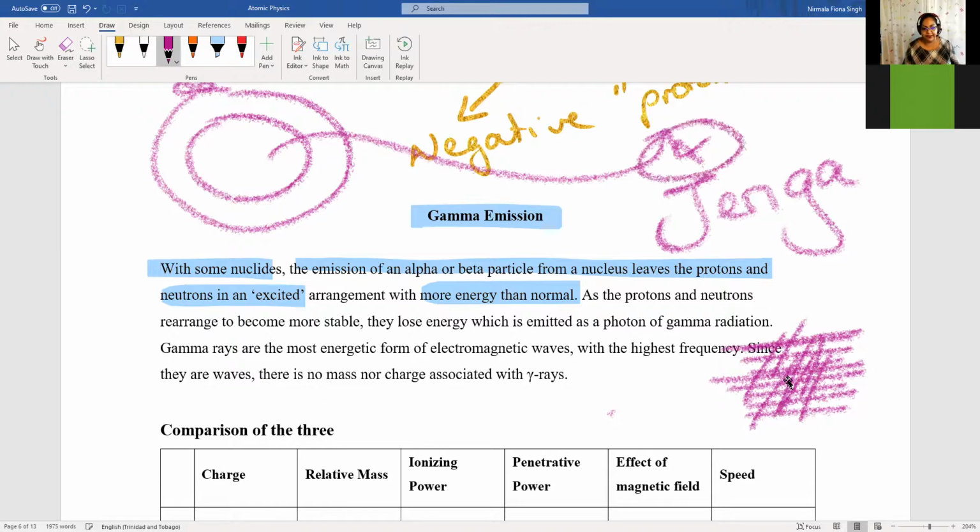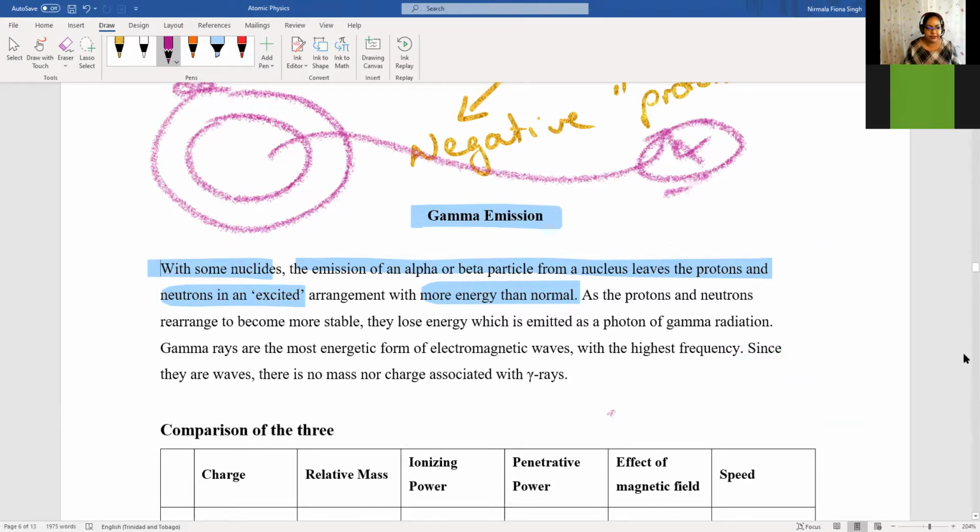When we take out an alpha particle from an atom, we destabilize it a little bit more because we're taking out one of the building blocks. It is meant to have the 4, the 2 protons and 2 neutrons. Why are you taking this out? So in order to settle down, it is going to get rid of more energy. And what does it do? It ends up,